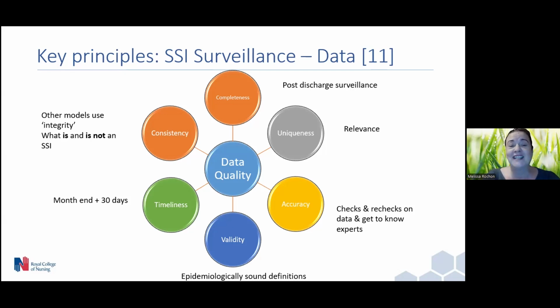So at my trust, we had the good luck, I don't know if that's the right way of phrasing it, but we were audited externally twice during my time with surveillance. We had Deloitte come in and we had the London Consortium, and that was at the request of our board. So we were reporting high rates, and the board wanted assurances that we were following the surveillance protocol appropriately. What these external auditors do is look for examples of completeness.